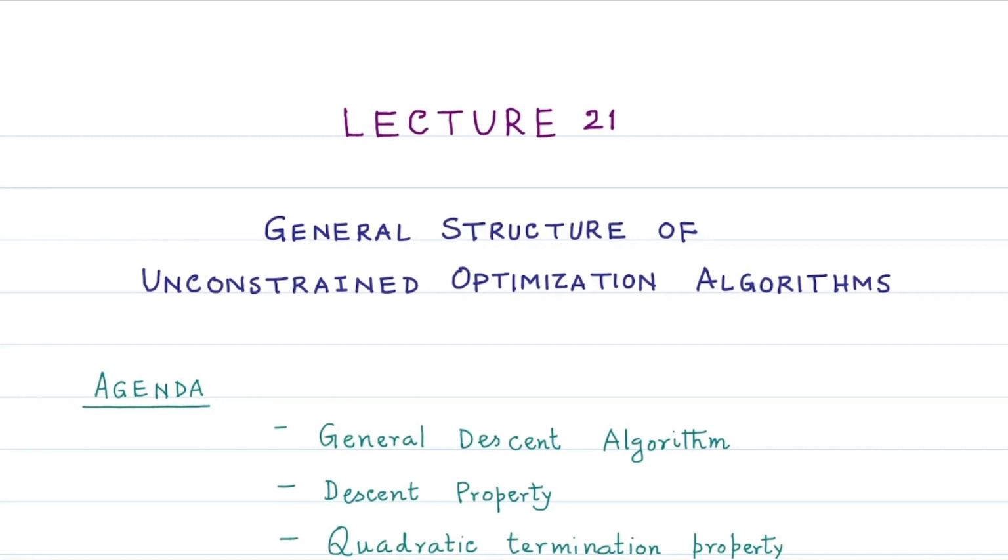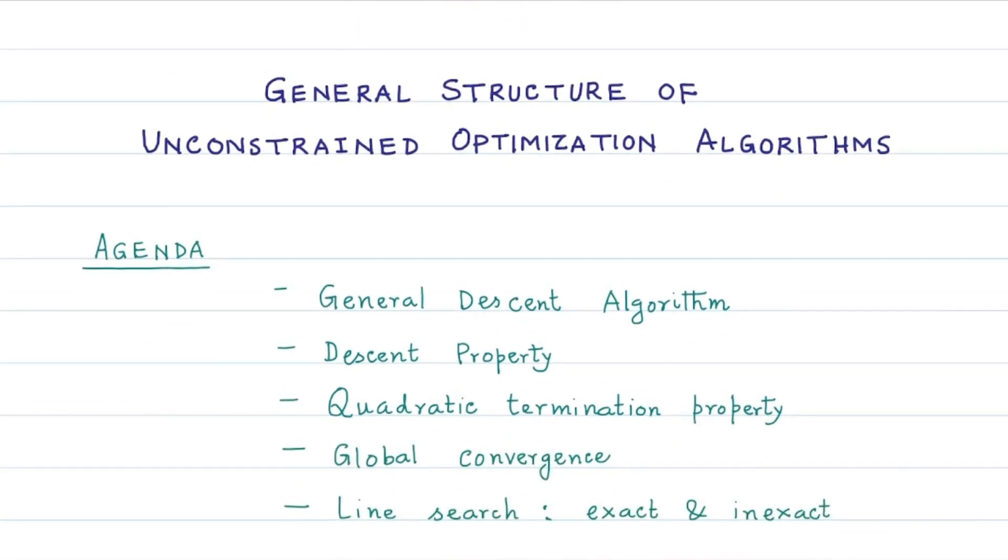After knowing the general structure, we will also learn a few terminologies related to the general structure. Those are the descent property, quadratic termination property, global convergence property, and the notion of line search for an unconstrained